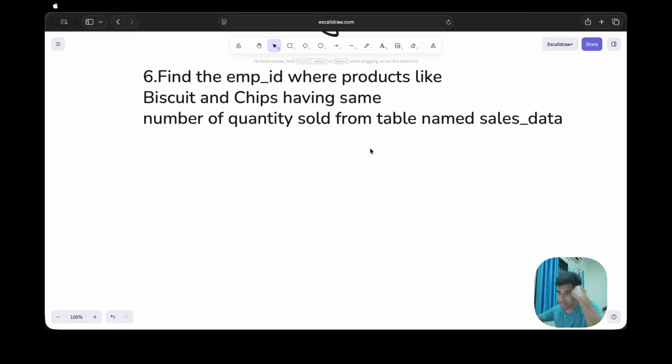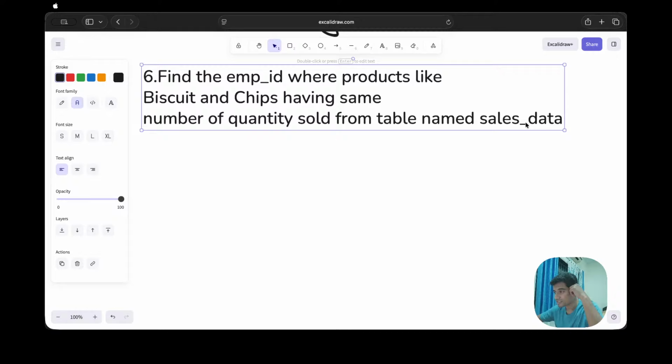Find the employee ID where product like biscuit chips having same number of quantity sold from table name sales data. अच्छा, sales data is the table name, ठीक है। So in this question, if I ask you what is your observation, then simple what we can say from here, we can say that we have to find the employee IDs, मतलब detail of employees या तो employee IDs, ठीक है। Where biscuit and chips, there are the two products what I am seeing in this having same number of quantity, ठीक है।